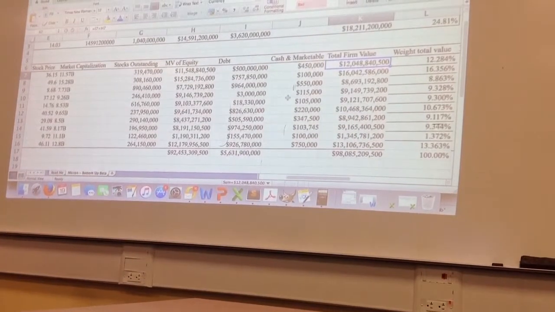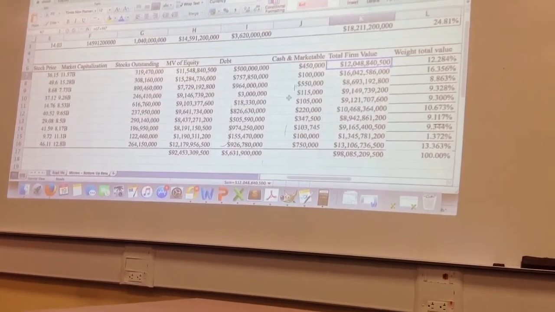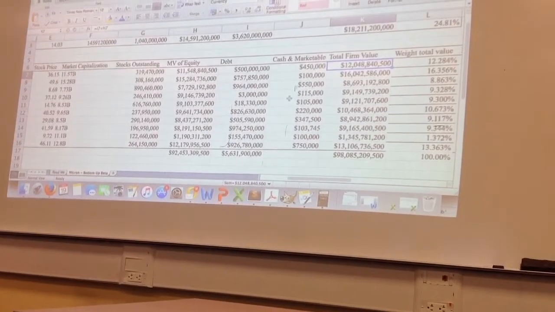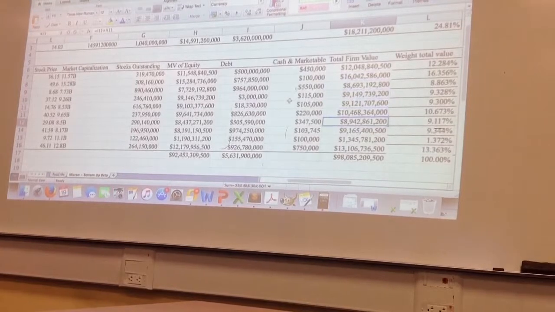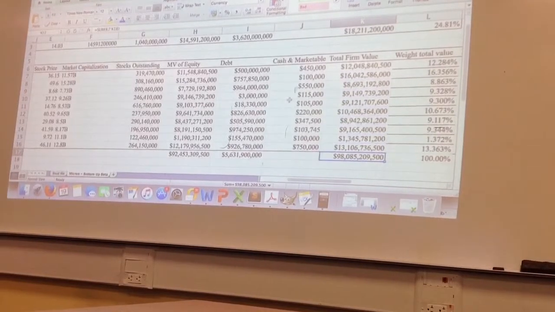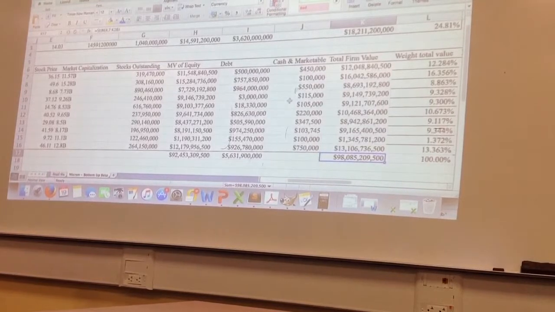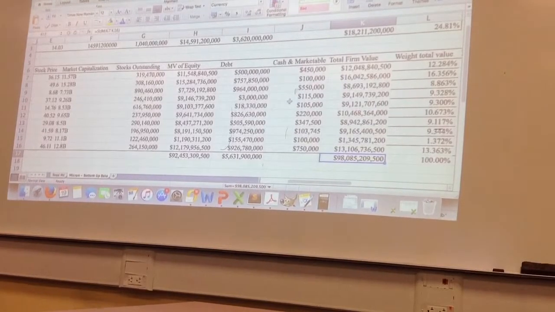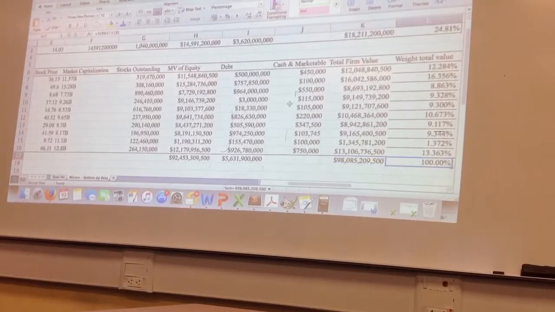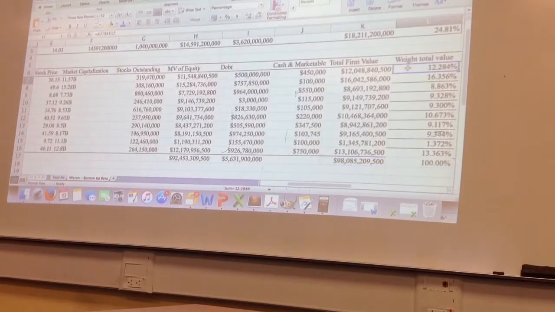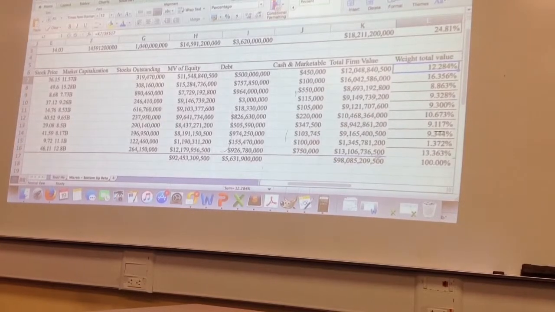Compute the total firm value, once again, as for the main company: the value of equity plus the value of debt. Okay? Once we compute the total firm value, take the total sum here, the sum of the value, because we want to compute the weighted average eventually. So that's why we add up the total value and then compute how much each firm is contributing